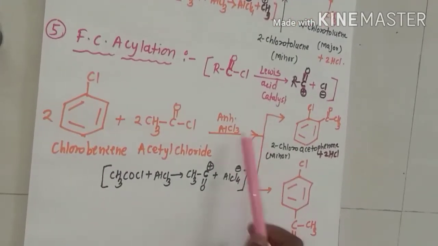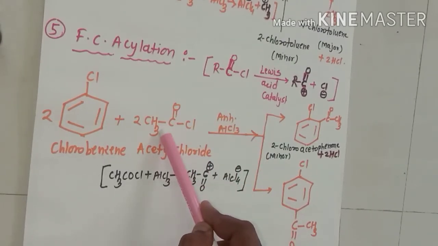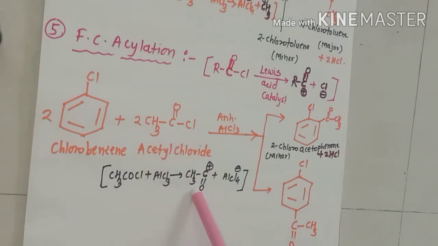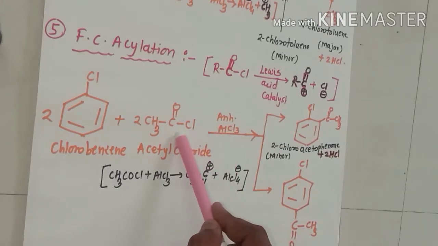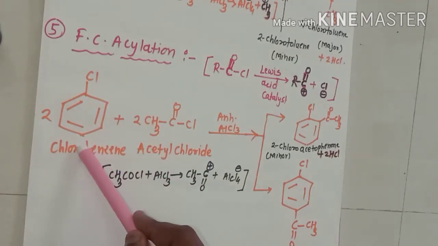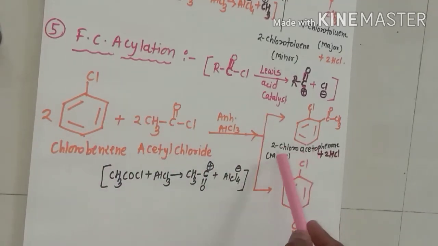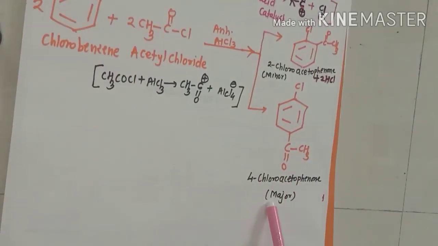This anhydrous AlCl3 is Lewis acid catalyst, which makes two parts of this acyl chloride molecule, that is one part is electrophilic part and one part is complex ion of this AlCl3. This AlCl3 abstracts electron from this acid chloride molecule to form complex AlCl4, in which aluminum has completed octet, and formation of electrophilic group takes place. This electrophilic group attacks on ortho and para positions of chlorobenzene to give a mixture of two products, 2-chloroacetophenone, a minor product, and 4-chloroacetophenone, a major product.